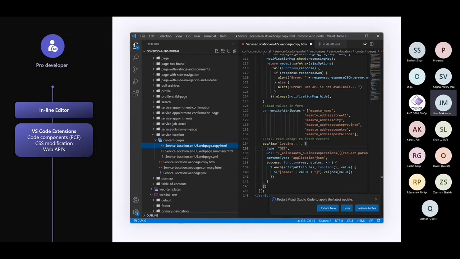So if I'm a developer and I wanted to build my own control, I can build using the PCF, and that component framework has a seamless integration with the VS Code extension capability. That's where I can also define my CSS and web APIs as well. So if I wanted to write a complex business logic into my website using a web API,